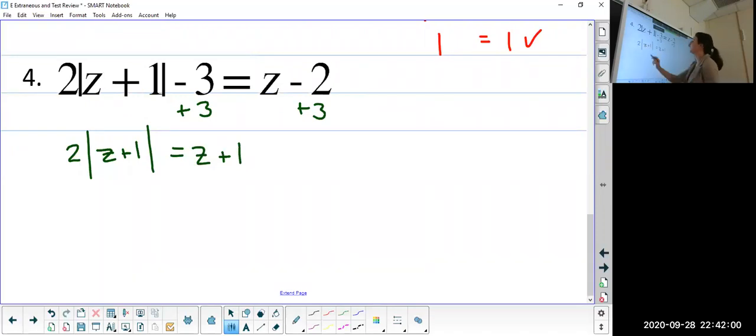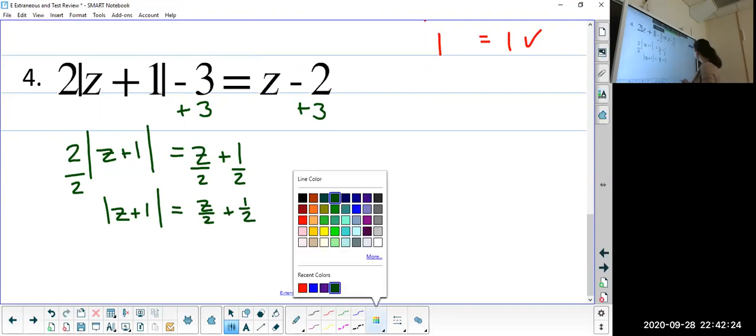And we still have to divide by 2. So you still need to correctly isolate the absolute value. You can't do positive and negative until the absolute value is by itself. So absolute value of z plus 1 is now by itself, and it's equal to z over 2 plus 1/2,